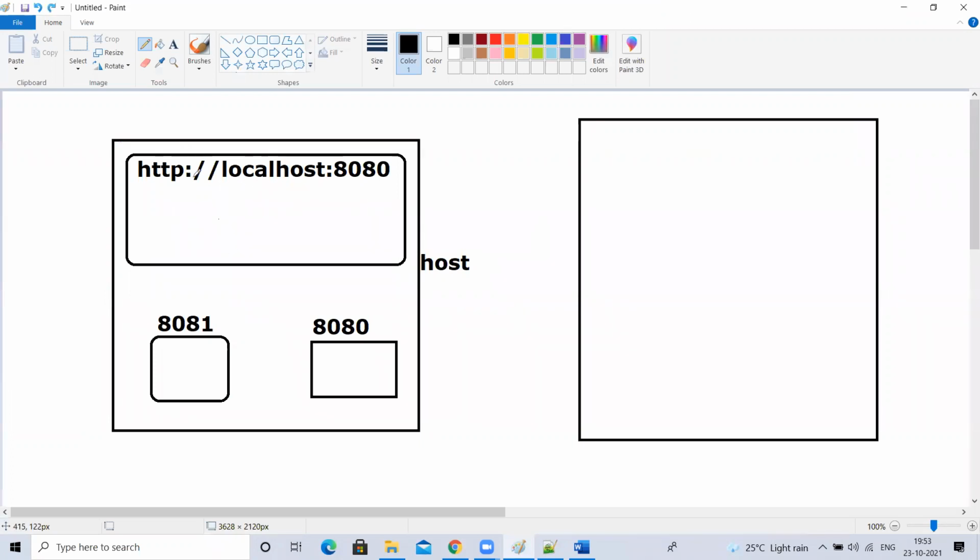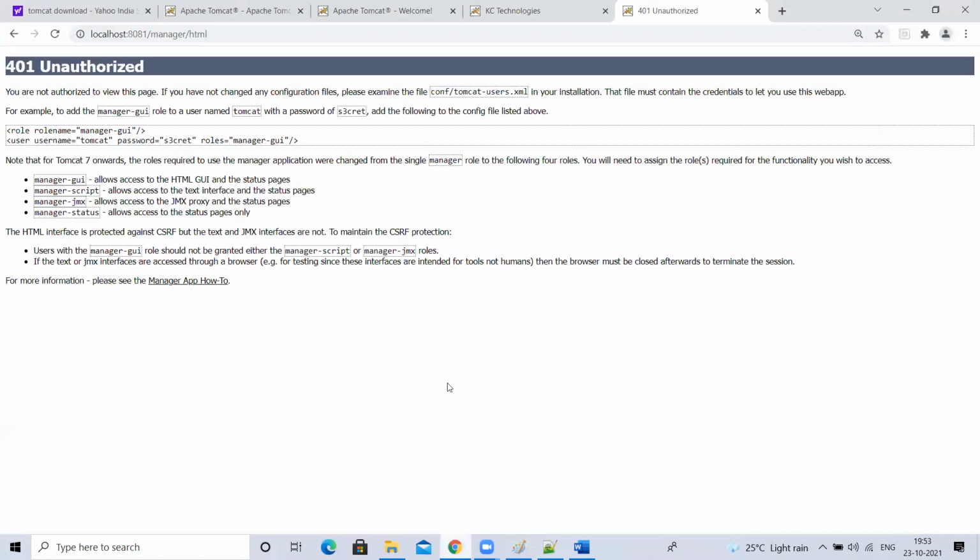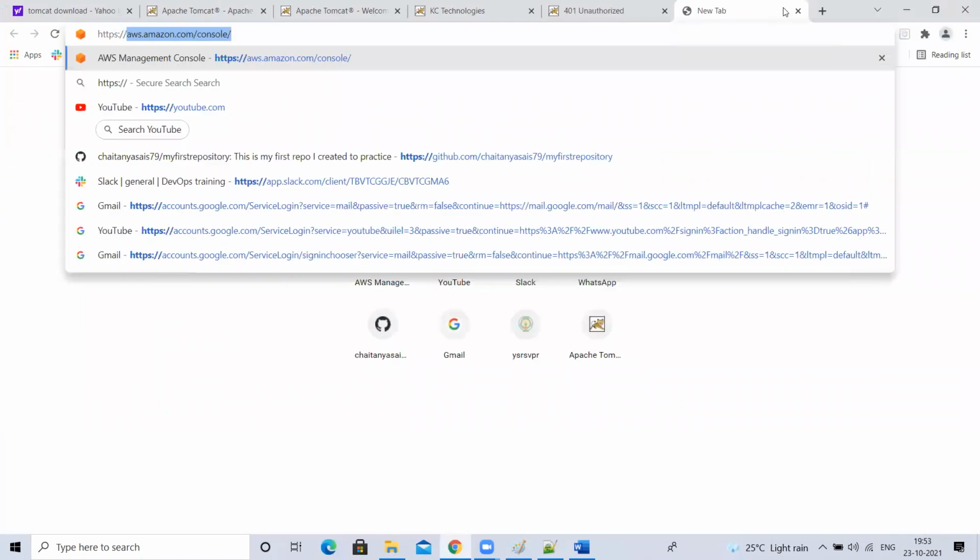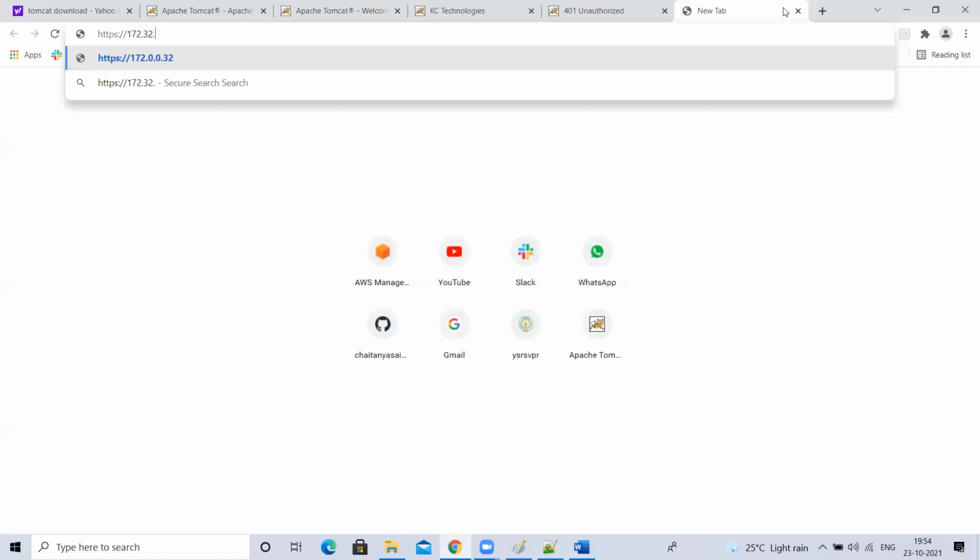From my browser, I want to access some other machine, and the machine's IP address is this one. It's like I want to access your application, and your laptop will have an IP address, something like 172.32.3.3. When I hit this from my browser, the request will come to your laptop.